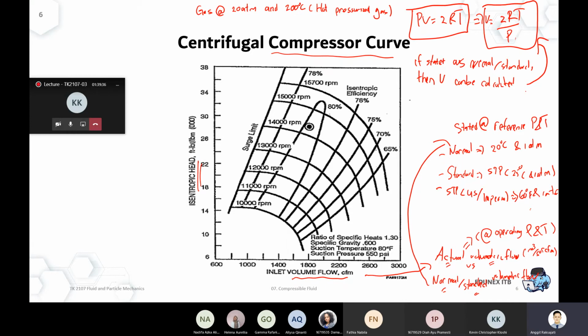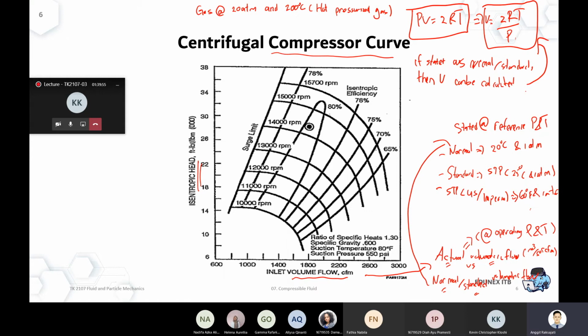The volume will be very different. This is no issue for a liquid because liquid is non-compressible. It doesn't matter the temperature and the pressure, the volume remains relatively constant. But for a gas, it completely changes the number. Okay, and it can be expressed in both terms